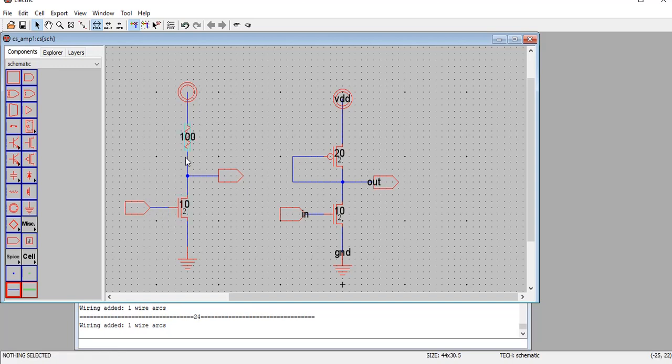So even this is a common source amplifier circuit with resistive load. This is my resistive load, and the other is also a common source amplifier circuit with PMOS diode connected load.